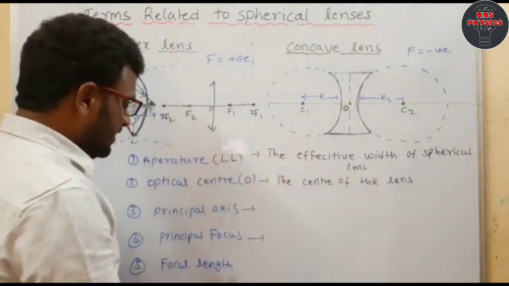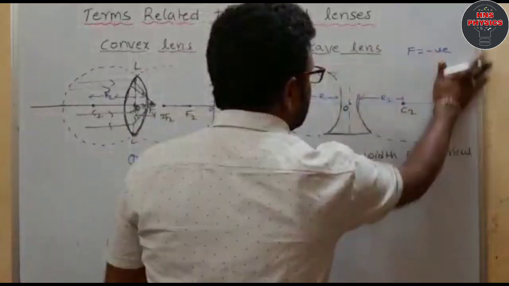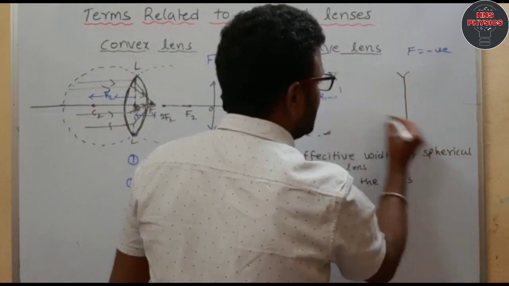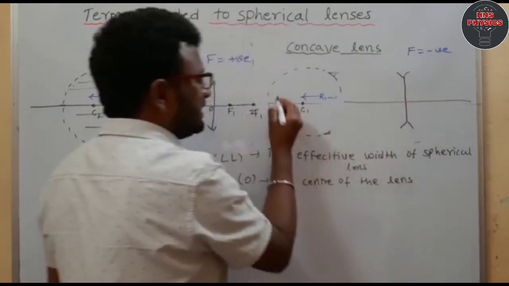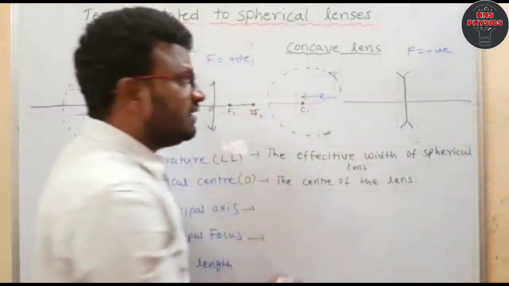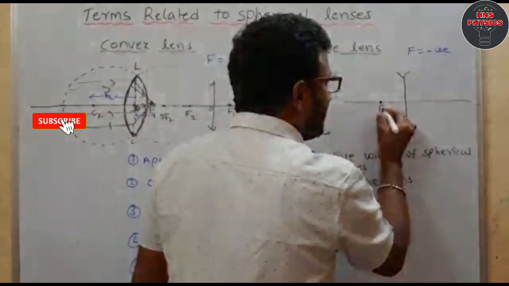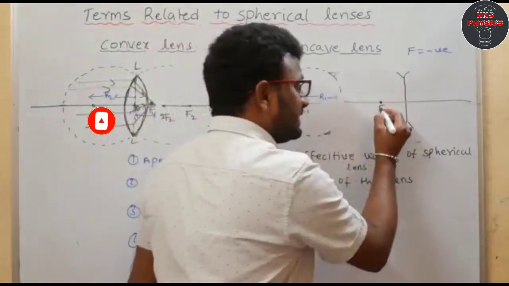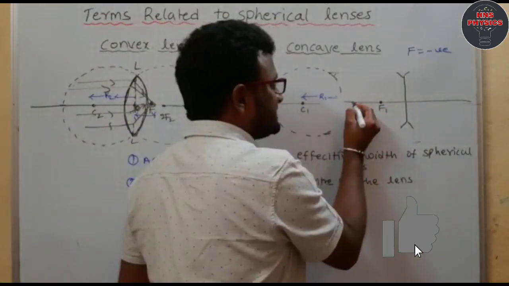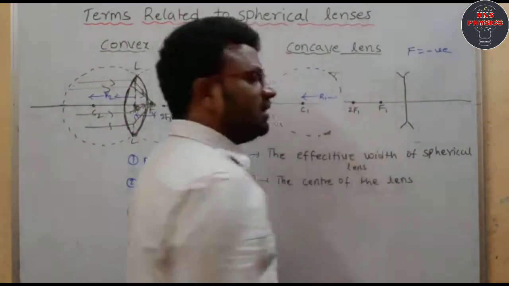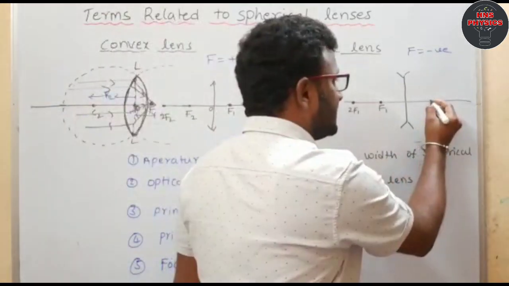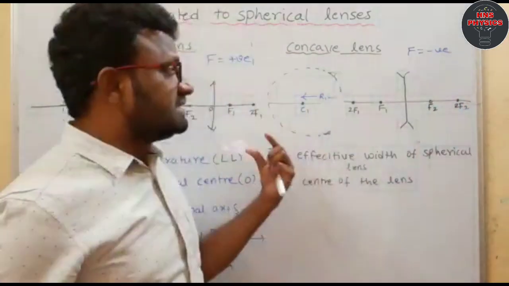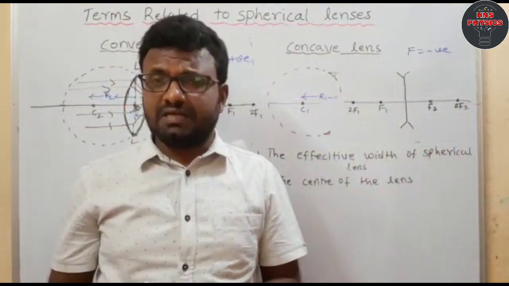In the same manner, if you take the concave lens, the concave lens symbol is this one. After the refraction, all the rays go away from one point. That point is nothing but the principal focus of the concave lens, so that's why I am taking it as F1. What is C1? C1 is nothing but double the focus, and on the right side automatically this is F2 and 2F2, because a convex lens or concave lens has two spherical surfaces.